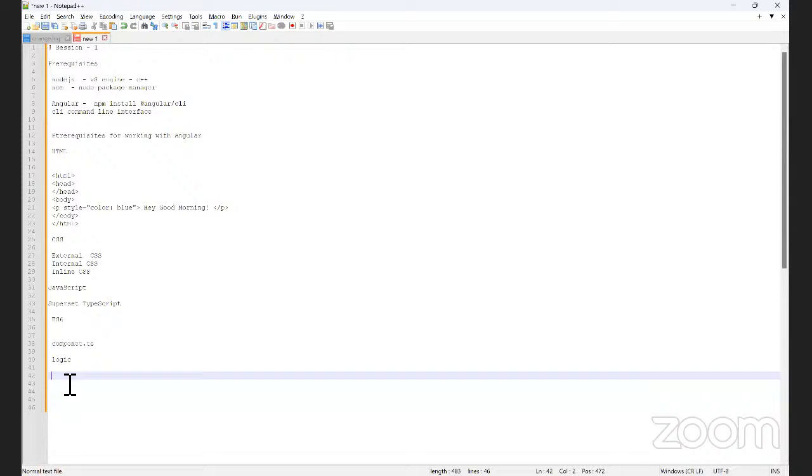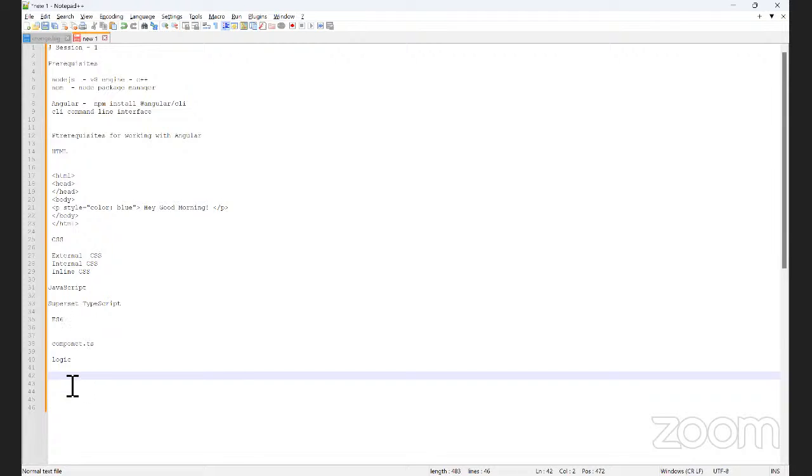So here also we will start writing our logic in classes, and inside classes we will use variables and functions. With the help of that, we will write logic and perform some operations. So this is what we need to learn.